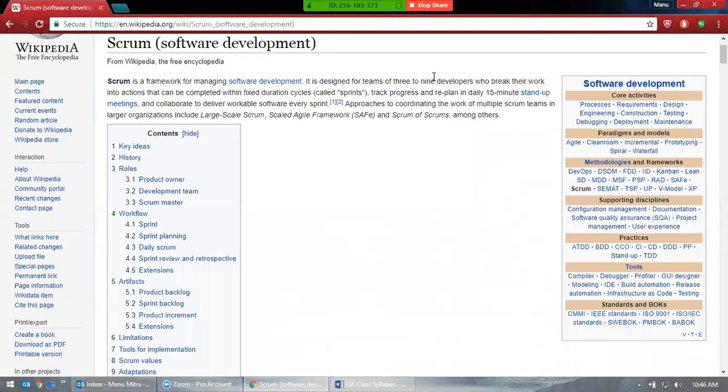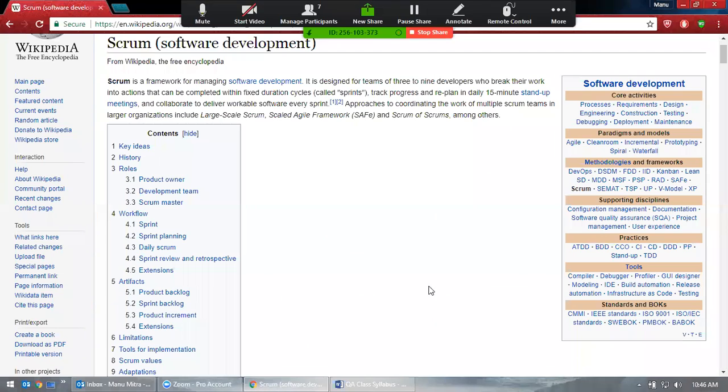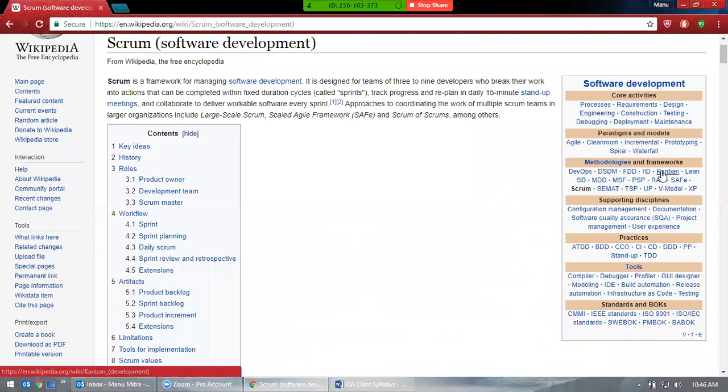So if you know Scrum, then you can pick up other frameworks like Kanban. Kanban is also similar to Scrum. And what I know is RAD, Rapid Application Development, and XP, that is Extreme Programming. There are a lot of submodules for agile.